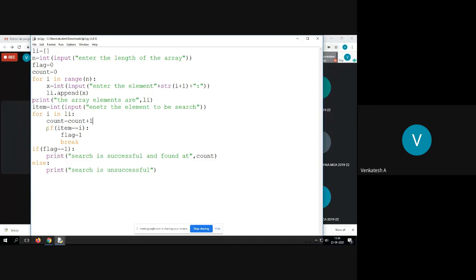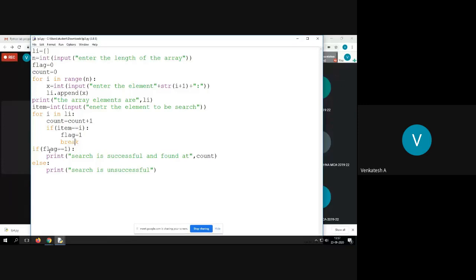If the item is found, that is, if this item is the variable which you read from the keyboard, and i represents the element within the list, if the search element is equal to the item in the list, then set flag equal to 1. Then come out of this loop.